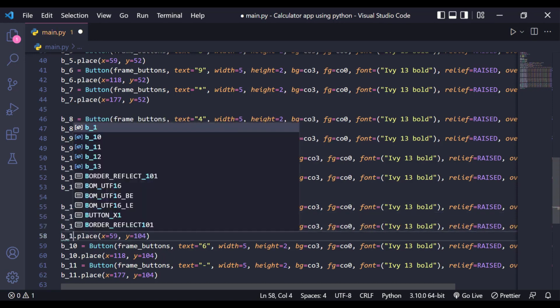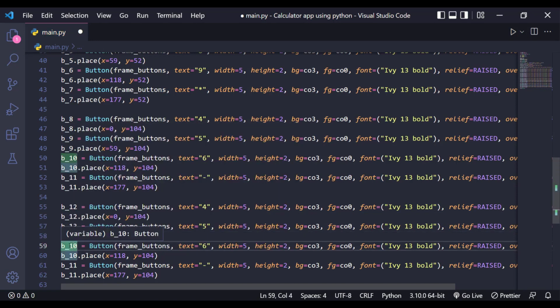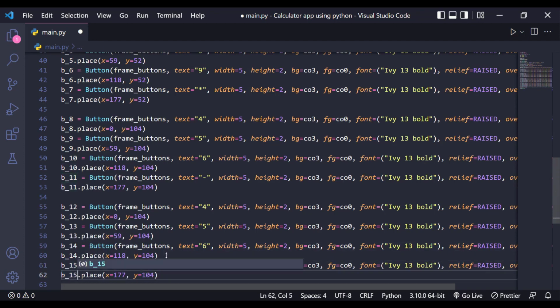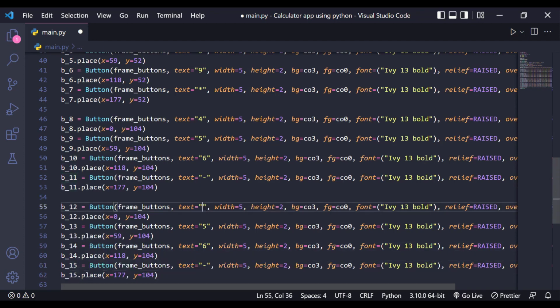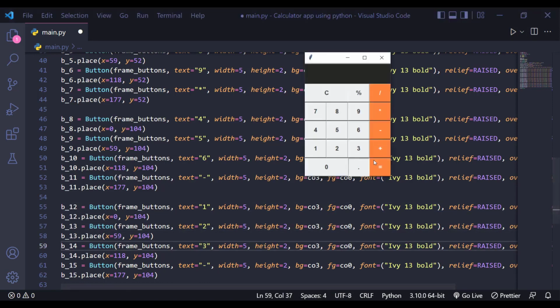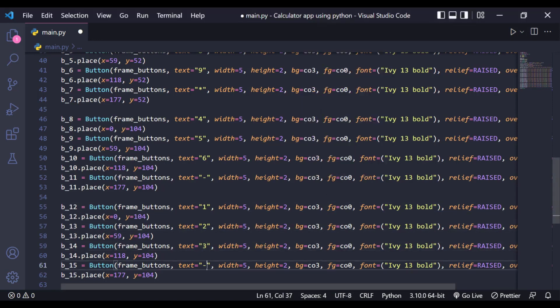No, this will be 14, this will be 14, and this will be 15. And here we'll give 1, 2, 3, and what do we have? Plus. Just give plus here,